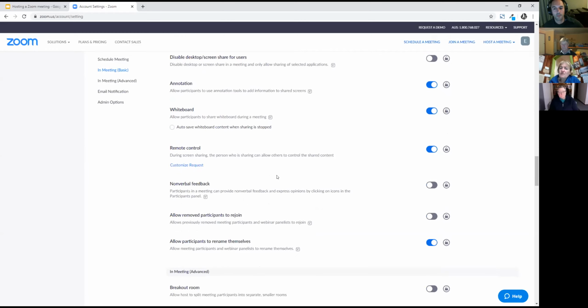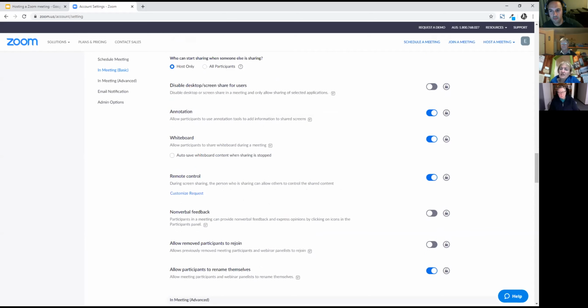If you change it for a meeting, does it default back afterwards? Well, for subsequent meetings, it will still just use whatever is the account default. Yep. Can you change any of these during a meeting? So Phillips just asked me a question. Can you change any of these during a meeting? Some of them, yes. Some of them, no. It depends on what it is. The basic ones you generally can.